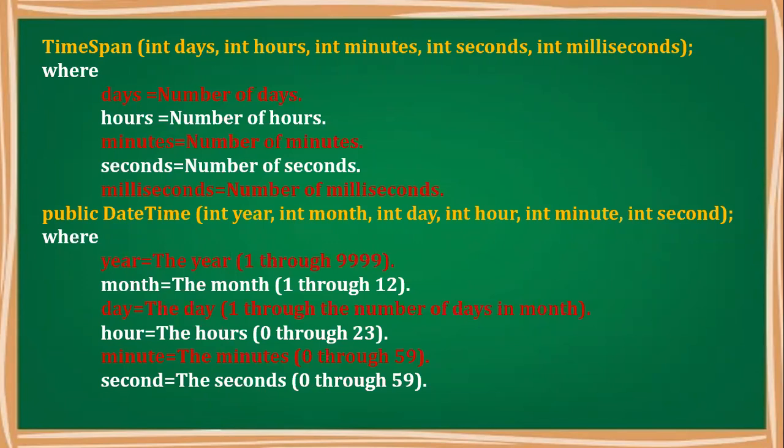For conversion, if you want to get the value with the help of time span and date time, we have to convert, because the date time and time span classes are going to give you the value in the form of an object. When we want to print a value, you know that the value is supposed to be some number or something. We cannot print an object directly because that is a memory reference. It is a reference type. It is not a direct value. So there are two ways.